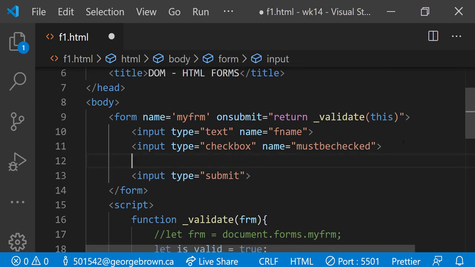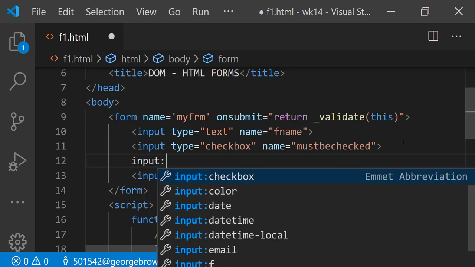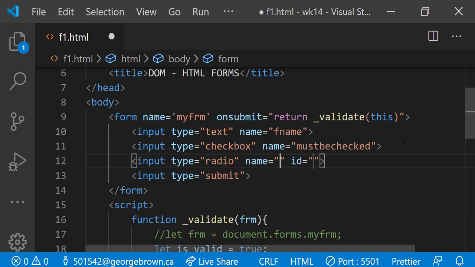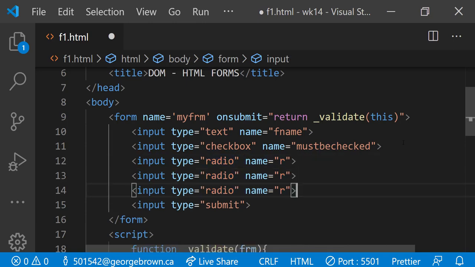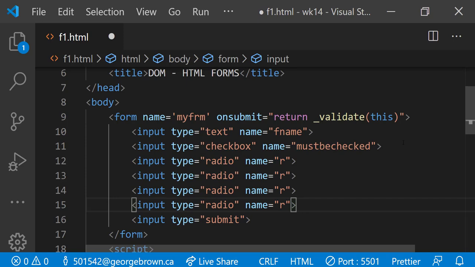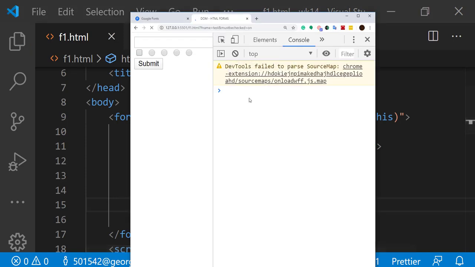I want to go ahead and show some radio buttons here. Input radio. I call them R to just make it simpler to name them. I'm going to put a few of them. Let's say I'll put four of them. So if I go back to the console, let's see if I can get access to those. I can go ahead and say